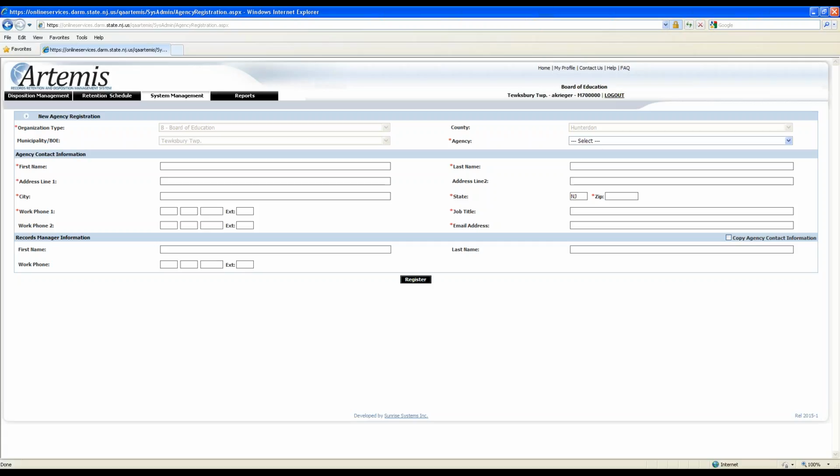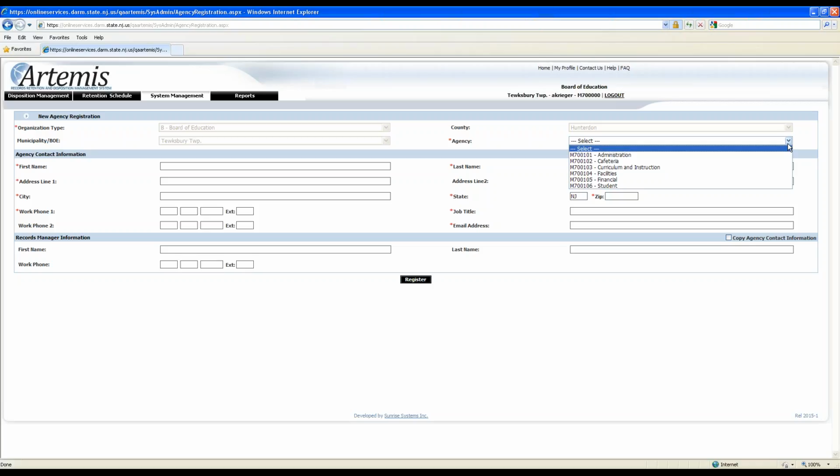But what I found working with Board of Eds is that they actually have 6 different retention schedules that they can utilize. What I've been told by the few Board of Eds I spoke to is that typically they aren't broken out into departments where certain users only deal with certain retention schedules. It's usually one main person or 2 main people that handle all the records and deal with all these schedules. But one of the things that has to be done is that each retention schedule has to be registered in the system.